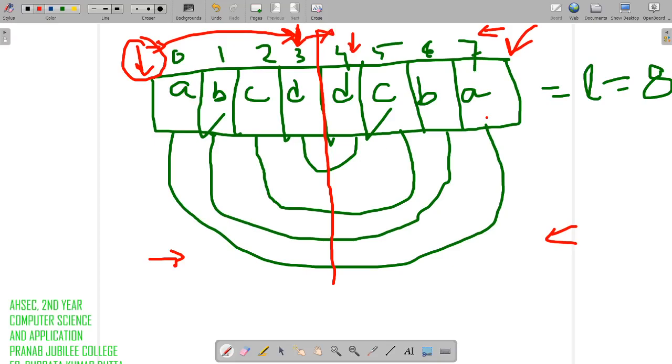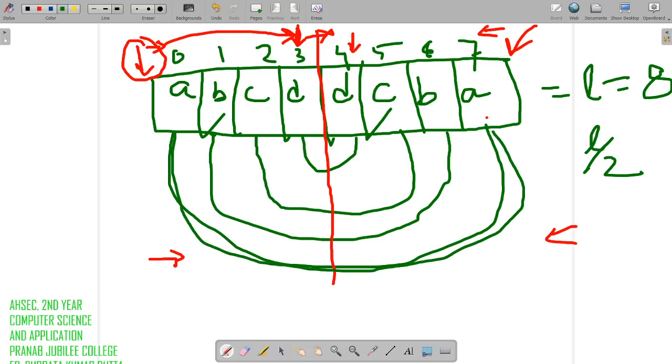So for the calculation, what we'll do is first divide the length of the array by 2, right? We'll find the half of the array. Then we'll take a counter. Since the same thing is happening, I am checking the first element to the last, second to second last, third to third last, right? So the counter will start from where?